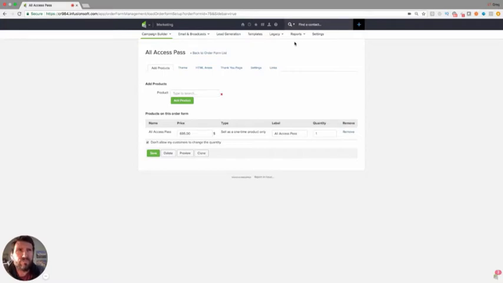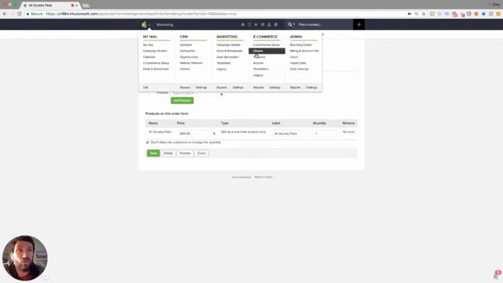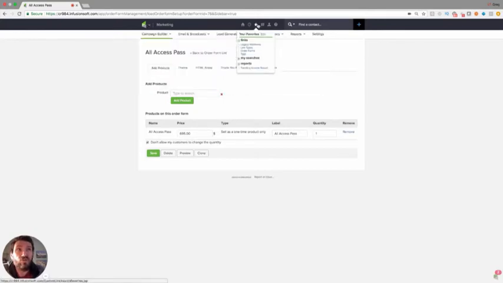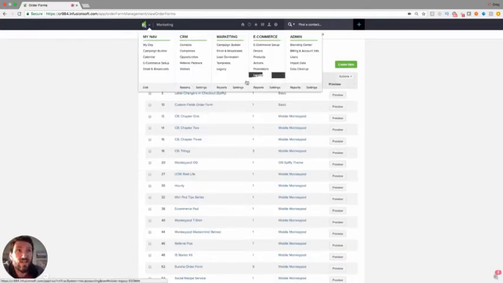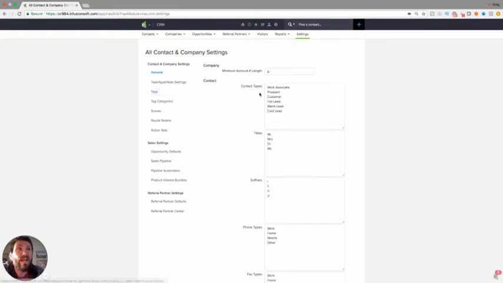Now, tip number 2 is if it is something like order forms and it just takes multiple clicks to get there, you can also add it to your favorites bar. A lot of people don't know that inside Infusionsoft you have a favorites section, and then you can just click on that, and it takes you right to that page, saving you the extra click steps. So for things that are multiple clicks away, like settings and then tags, things like that, you can add to your Infusionsoft favorites to automatically drop you right into that section and save you a couple of